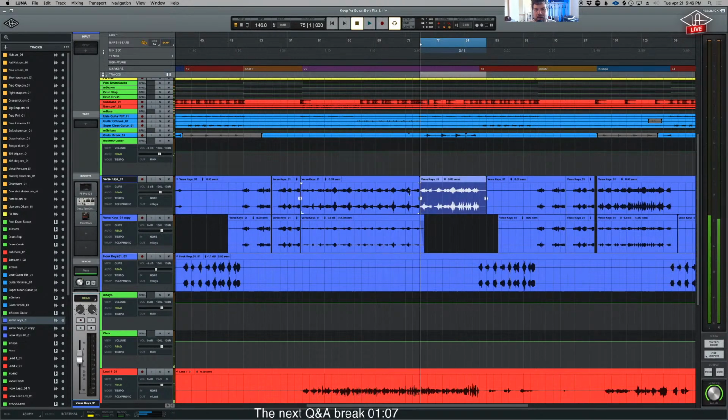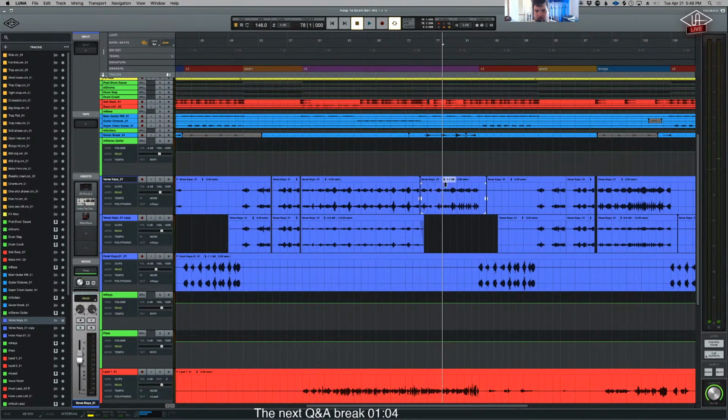But as long as... Answer is yes, it does need that there. But we can probably pull that down a little bit so there's a little more focus on the energetic arrangement